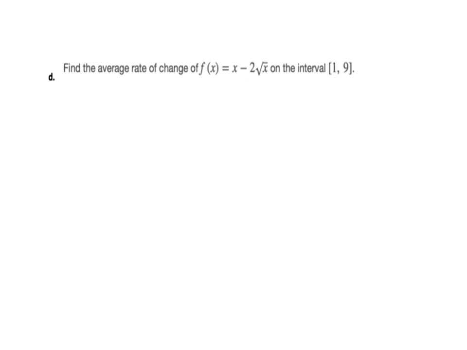Okay, so these are the types of problems that you're going to see the most of in this section. You're going to be given some sort of function. You don't have a picture of it. You don't have a chart giving you your X and your Y values. You just have a function and an interval. And it says find the average rate of change on this interval. Here are the steps to doing it.